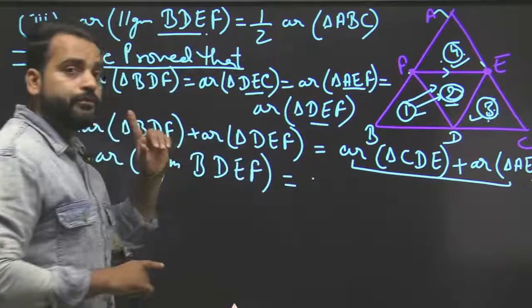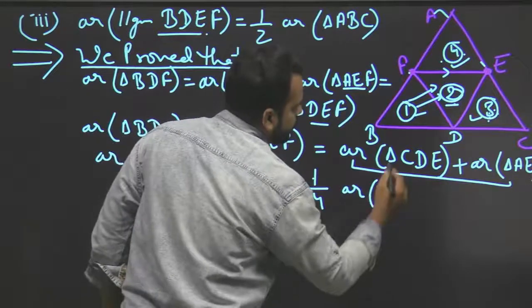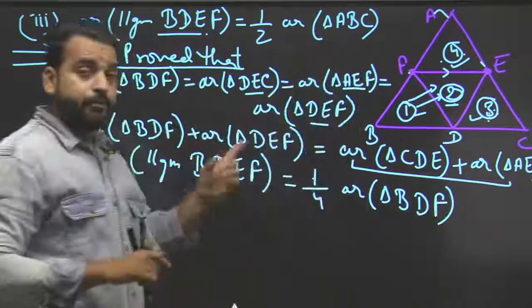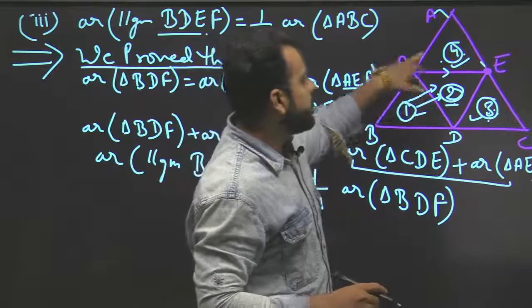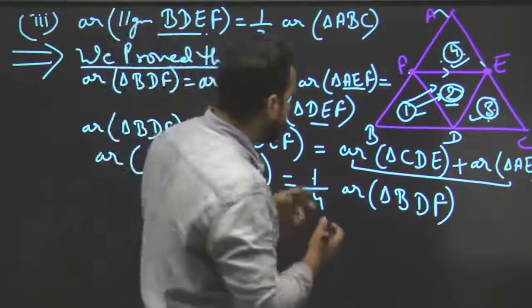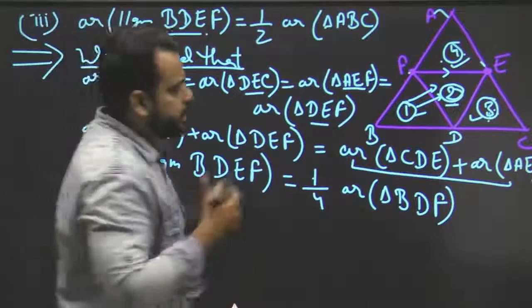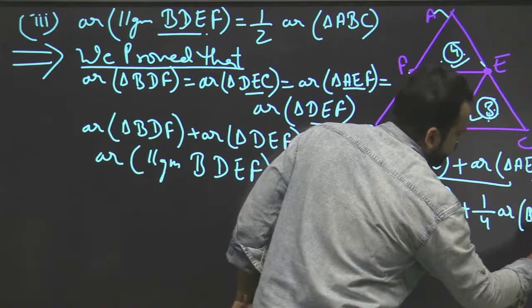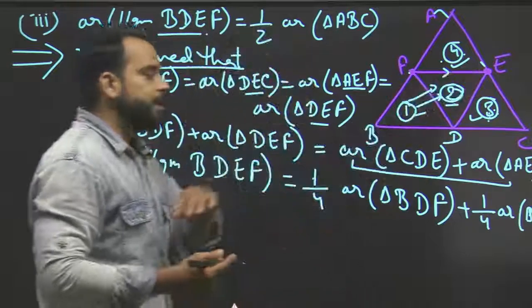or if you go to the second portion, we have written that this one is 1/4 of the area of triangle BDE or BDF, that we already proved in the second case, that any single triangle out of these four, this one CDE, is 1/4 of the full triangle ABC. So we also want to include that concept in this third portion, that the area of the single triangle FDE is equal to 1/4 of the area of BDF. Similarly, this is also 1/4 of the area of triangle BDF. You can take any one out of them, DEF also, CDE also, instead of BDF. So now from here